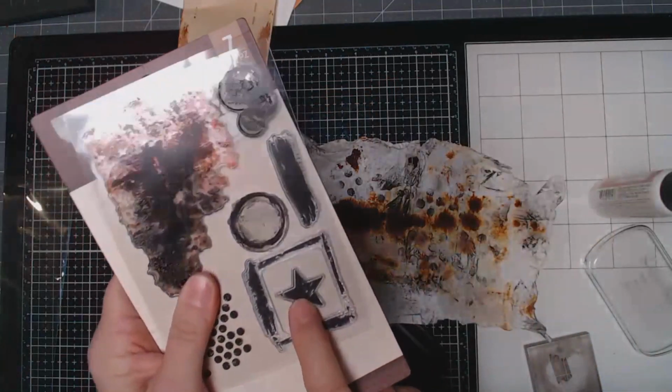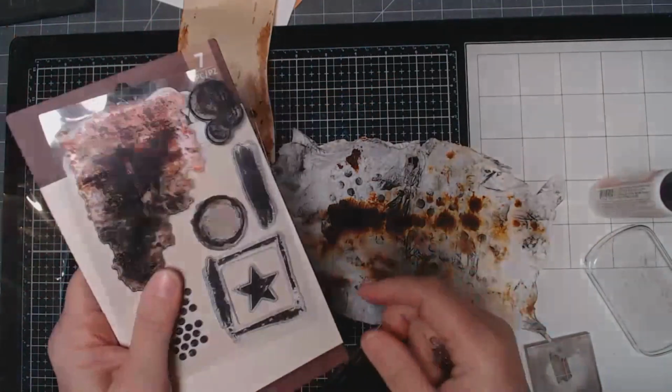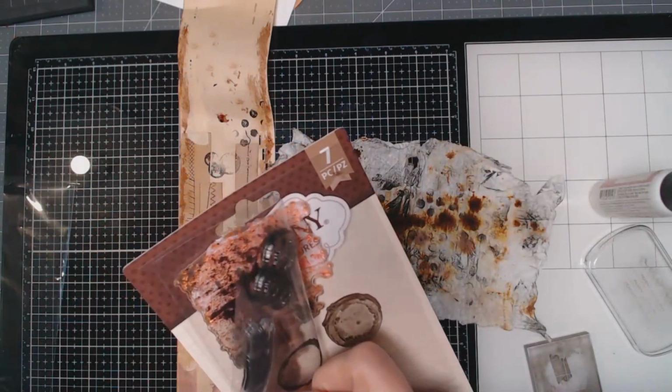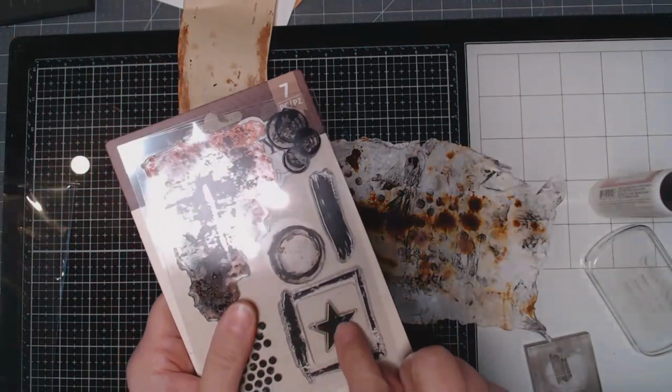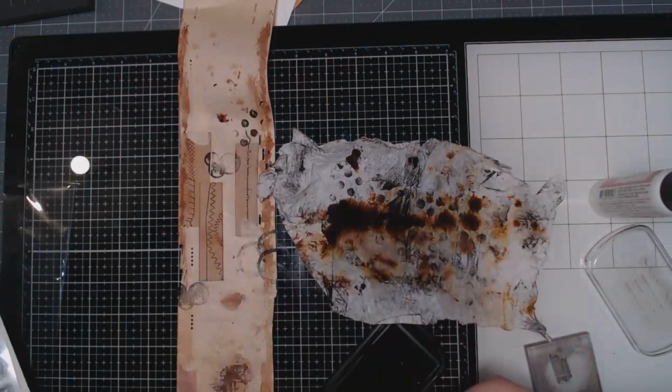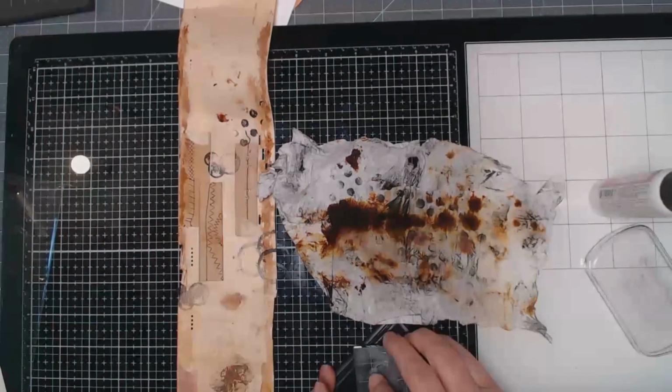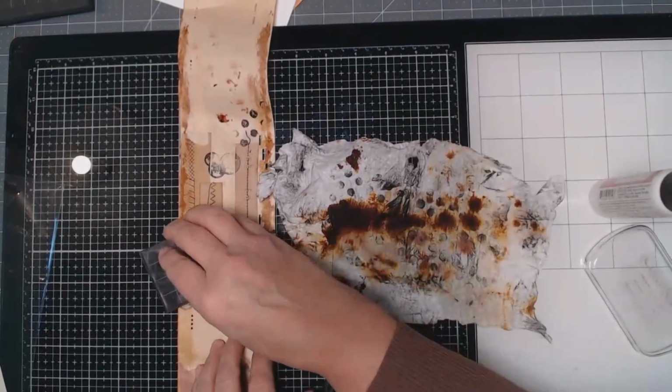I don't use this one very often. I'm not a big fan of stars, but I might end up cutting that star out and using this border for something. But I really like this Bow Bunny stamp collection. Okay, I think I'm going to put some